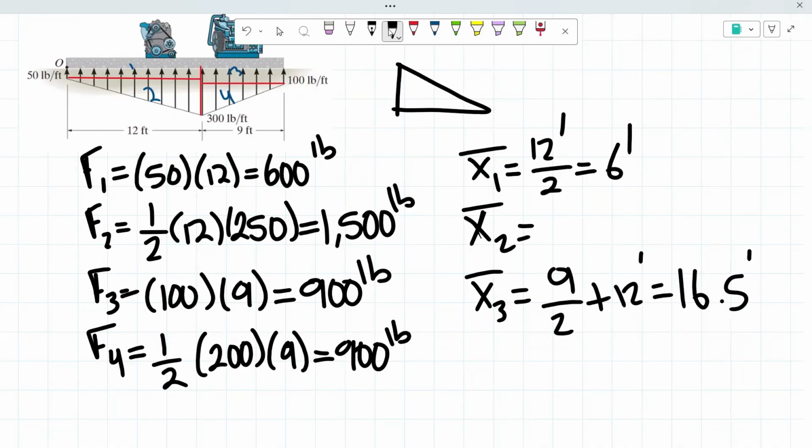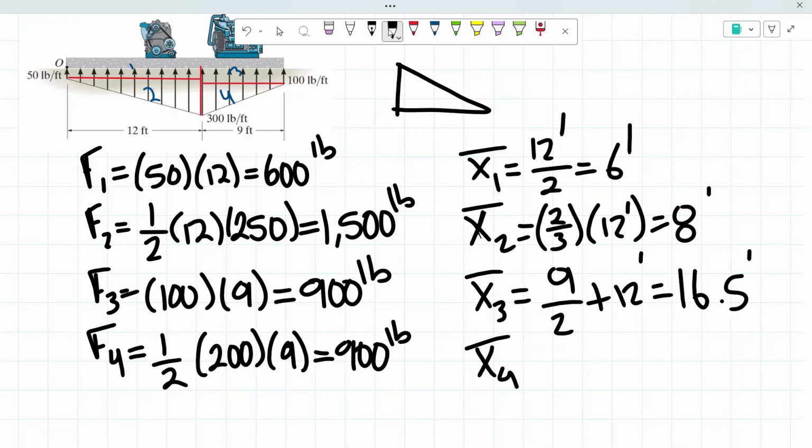So the location of force 2 is 2/3 of 12 feet, giving us 8 feet. And for force 4, from point O,